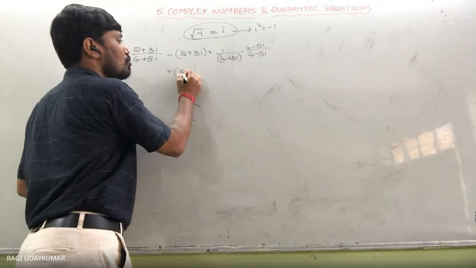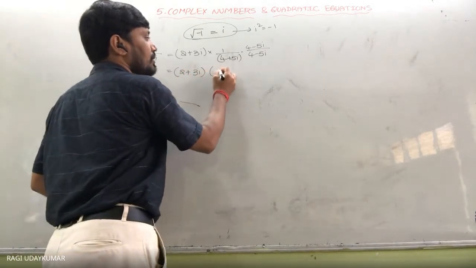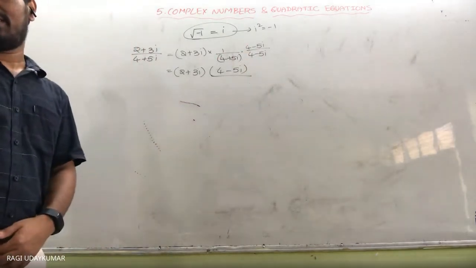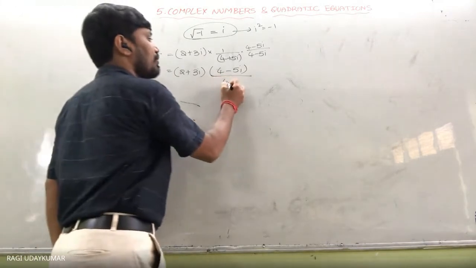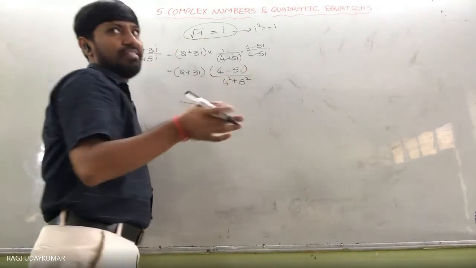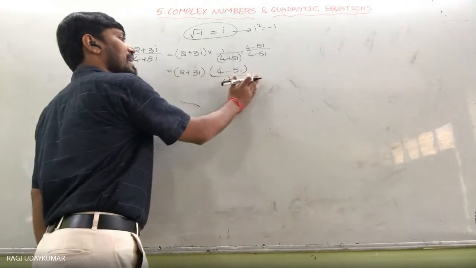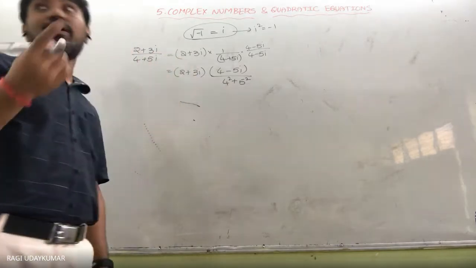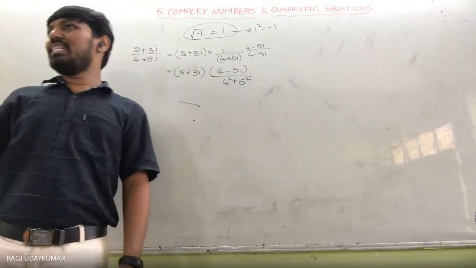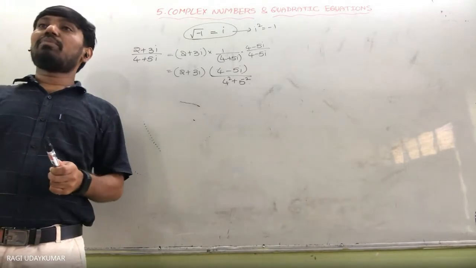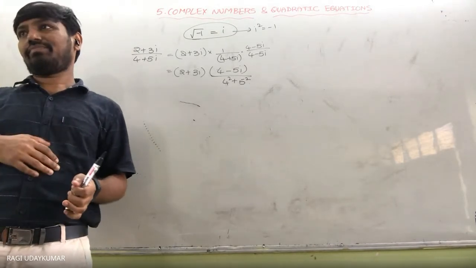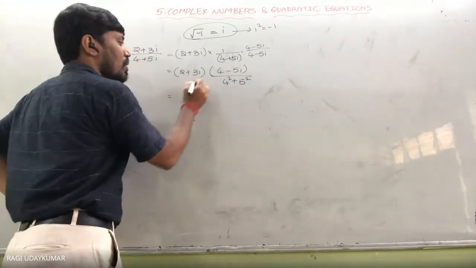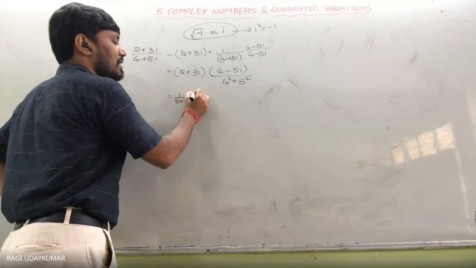So we are going to get 2 plus 3i, 4 minus 5i by, what will come here? 4 square plus 5 square, isn't it? So 4 square plus 5 square, so 16 plus 25 will come. Now here you can directly multiply the product; division became a product. Normally division is nothing but product only, but product with its multiplicative inverse. So these things you have to remember. So now what you will get here? 1 by 16 plus 25 into this, multiply it.